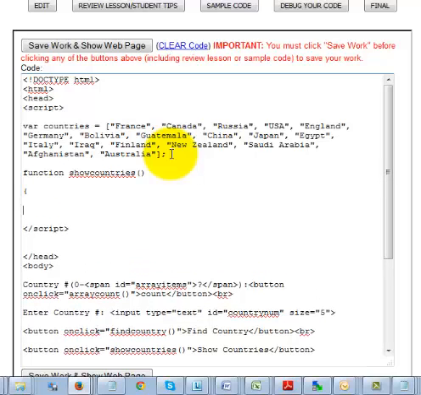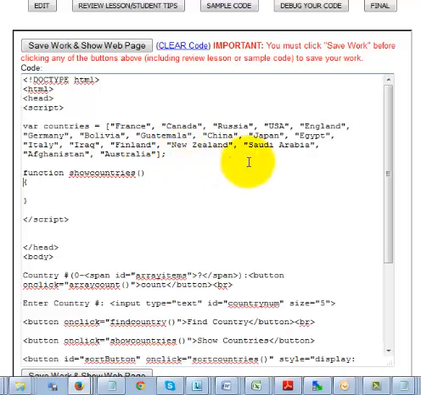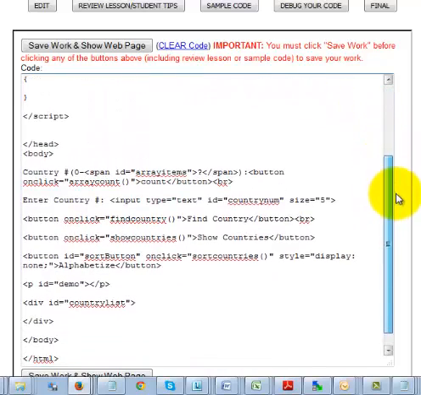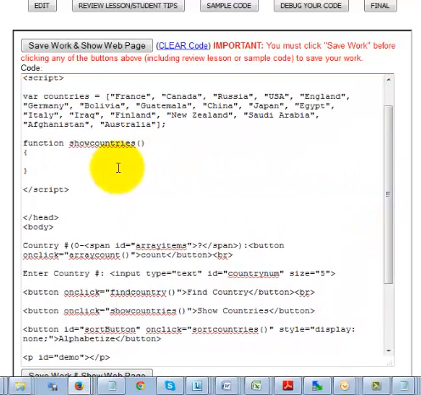And all I'm going to do here is change the inner HTML of this, my country list, to show the variables. All right, so we're going to say document.getElementById, countryList